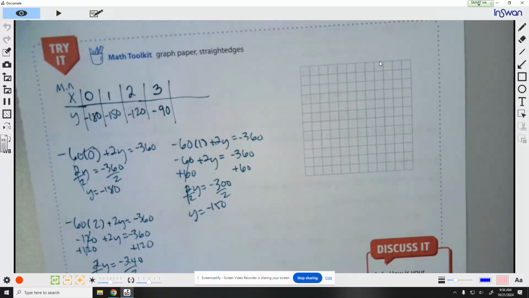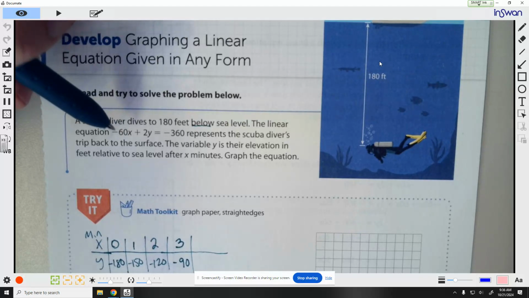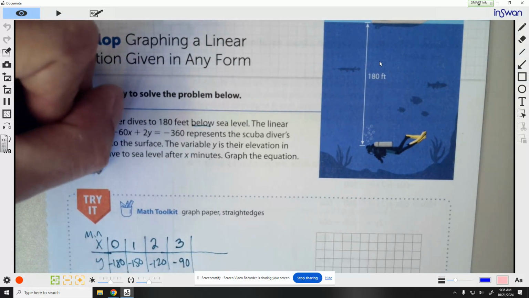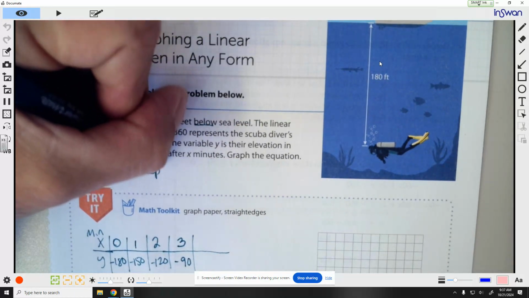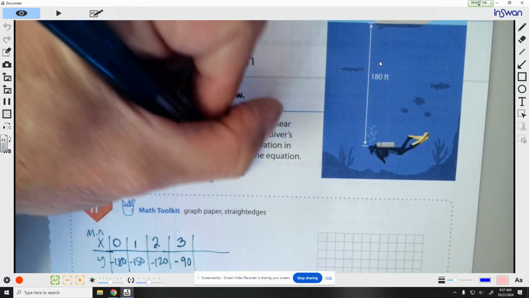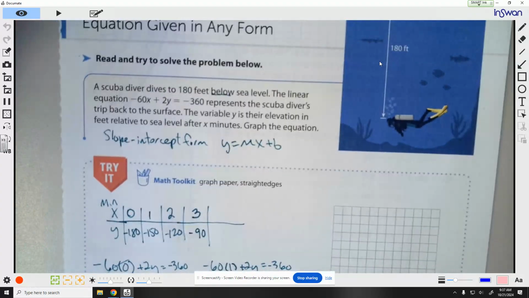Another method that we can do is converting this equation to what we call slope-intercept form. So remember, slope-intercept form is y equals mx plus b. So y equals mx plus b, which means you have to get the y all alone. Okay, for me to do that,